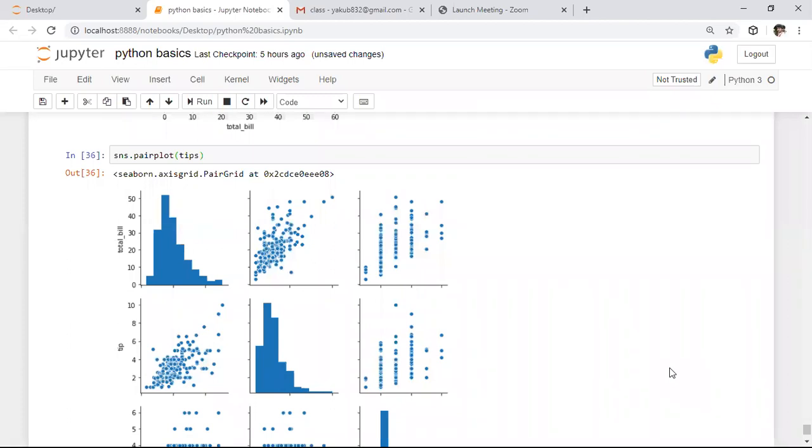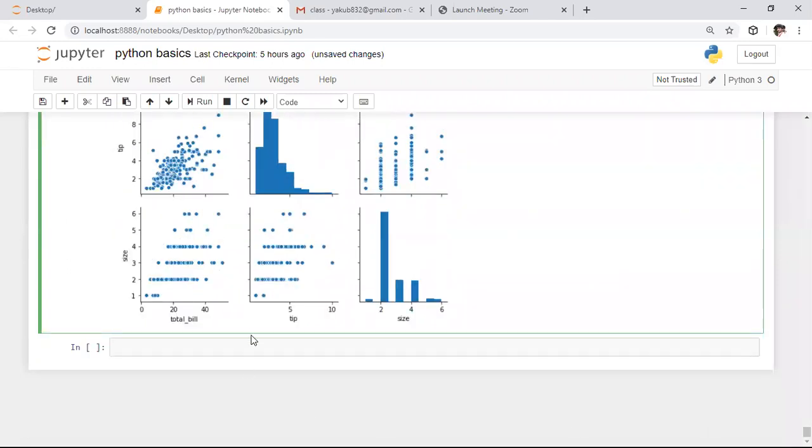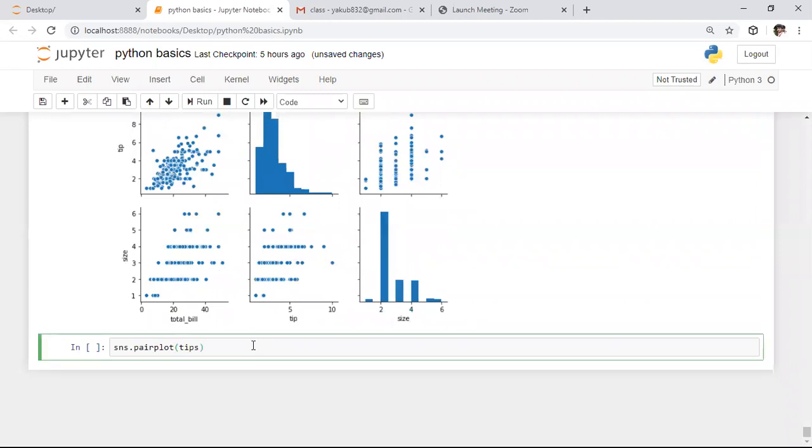In the pair plot also, we can specify the different attributes, whereas in this example I did not specify any. So to specify different attributes, I will plot one more plot by using this pair plot function. Here in this tips dataset itself, I want to specify the hue. In place of hue, we need to specify categorical data. In this tips dataset, we have a categorical attribute, sex.